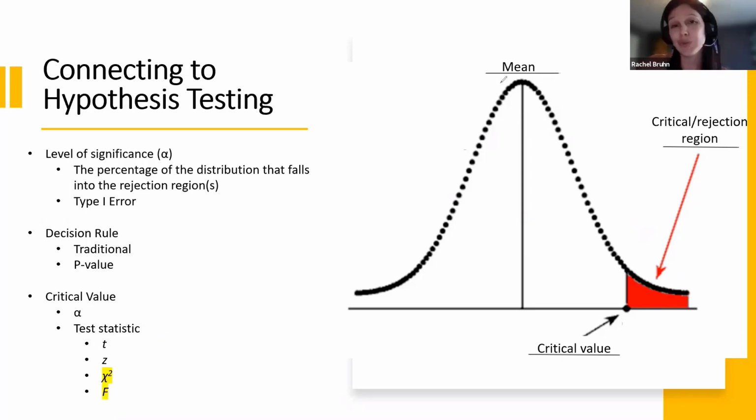This is not an approach you're going to be using in your courses very much because everything that you do for the most part is in SPSS. So as long as you know the p-value comparing to alpha approach, you should be good. I have chi-square and F on here. These do not use a normal distribution, so they would not actually look this way. Both of them actually have skewed distributions. So conceptually, rejecting the null and all of that stuff works the same. However, the shape of the distribution is different. So the balance isn't the same.